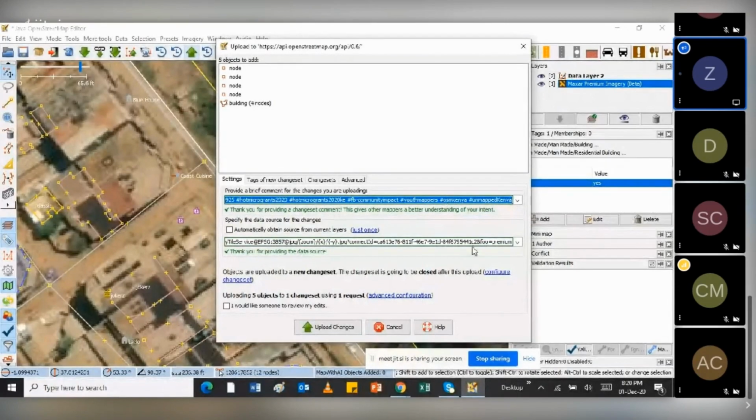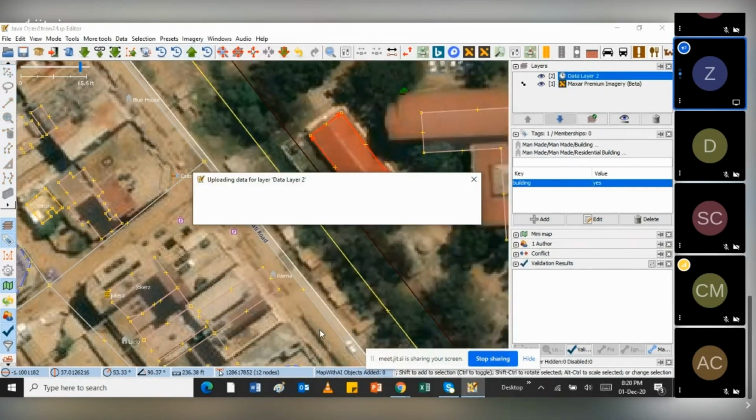And then I think some of these things have been picked directly from the task. So once I've made sure that I've done that, I'll just click on upload, change, upload. Then you'll see it start the process of uploading that feature.